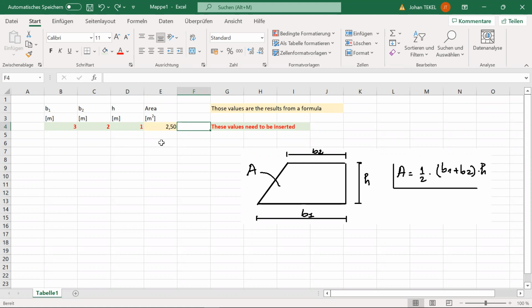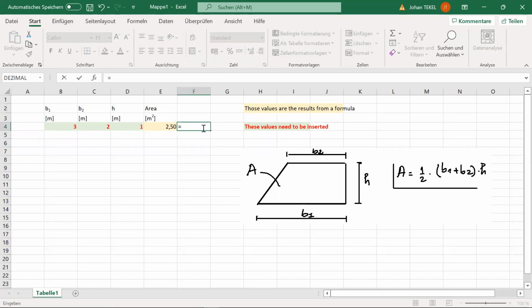If it's below 2 meters square, then we write below 2 meters square. So you can write stuff like that. That's like an if condition. So you're also gonna input it with a formula. Let me move those values here to the side. So equal if,